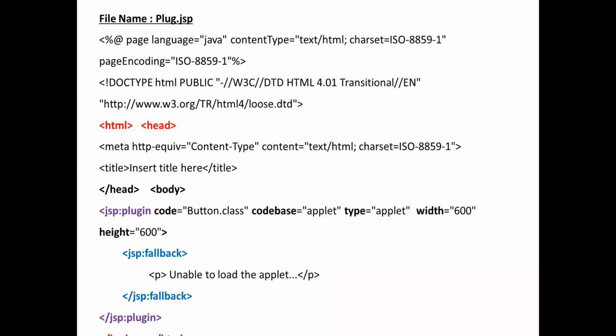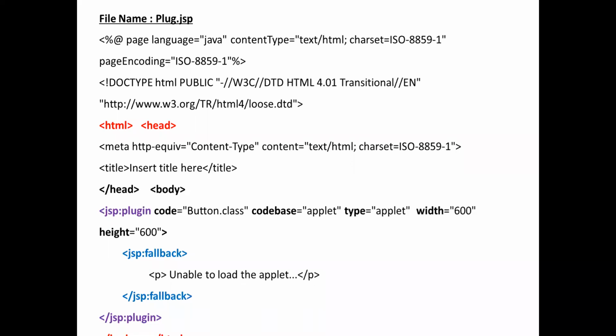And I can set the character set. This is the standard character set, that is ISO-8859-1. And optionally, we write page encoding equal to ISO-8859-1. So this is a standard way of writing the syntax when we write the start of the JSP page.